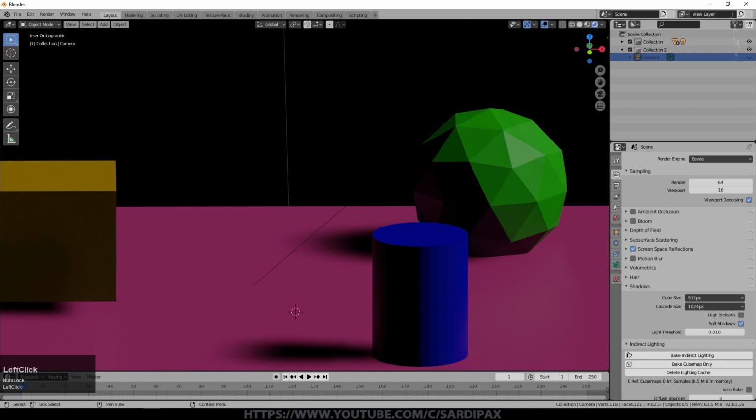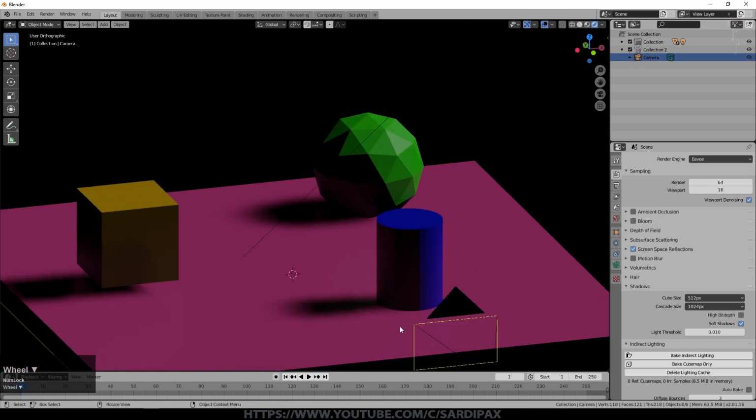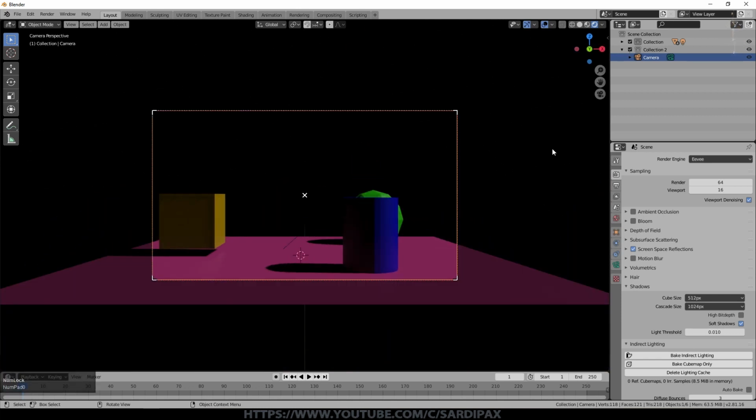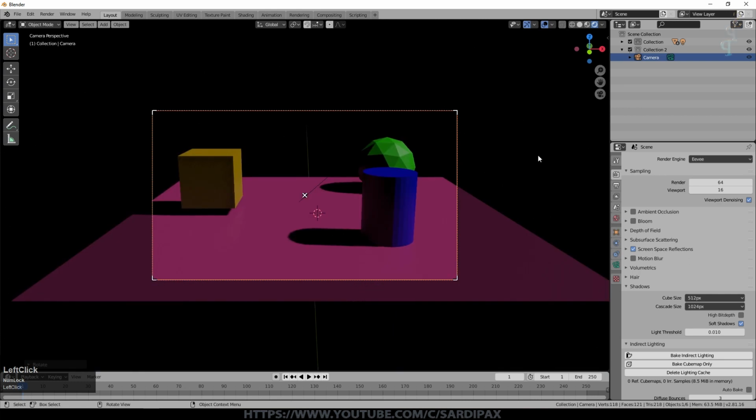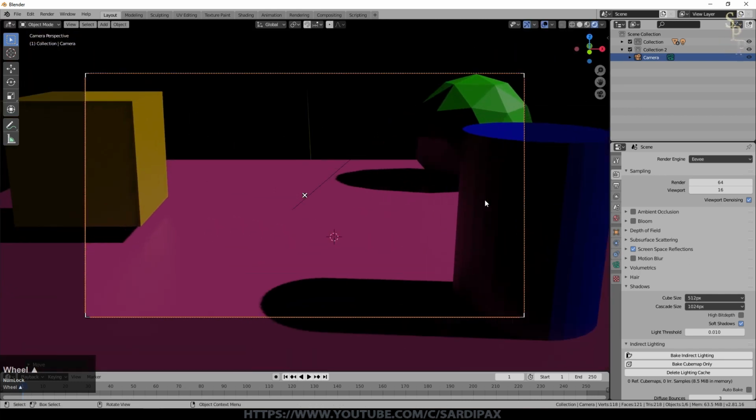So I've got a camera here, I'll just switch it on. And at the moment it's just a simple camera. So I'm going to look through the camera now by pressing 0 on the numpad. And that's what we're seeing at the moment. I'll raise it up slightly and then zoom it in. So right now that's not a 3D scene. Obviously it is 3D in terms of the fact that it's rendered, but it's projected onto a flat 2D image.